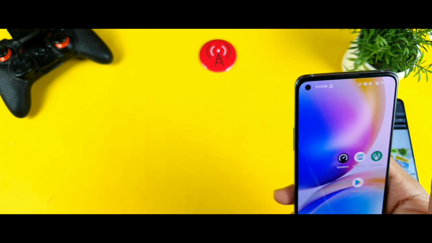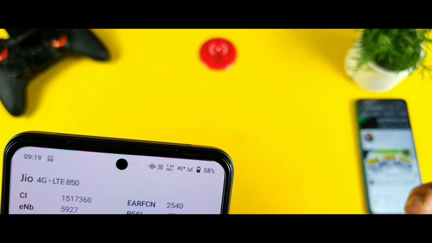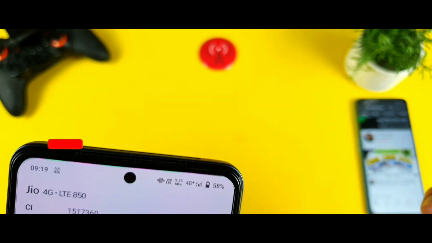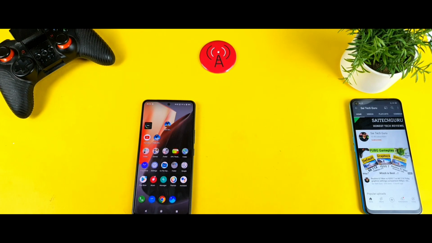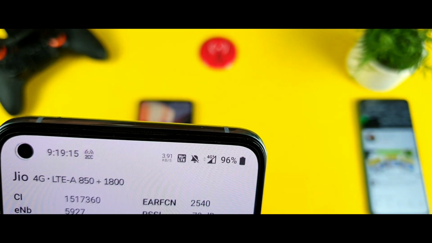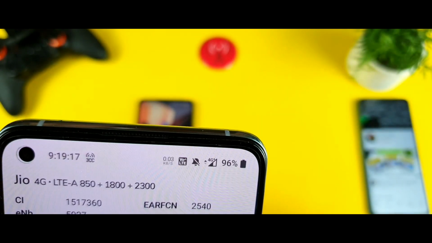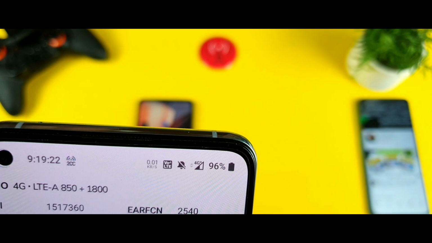or not. So first, let me just show you the NetMonster application. You can see the NetMonster application in the iQOO 7 device. So we're getting 4G plus with the LTE band 850. Which is fantastic, and let me just show you in the OnePlus 8T device whether we will be able to get any kind of 4G plus or not. So as you can see, same kind of band, I'm getting 4G plus and 2 bands and 3 bands. Wow, as you can see the bands are increasing with 2 and 3 continuously.